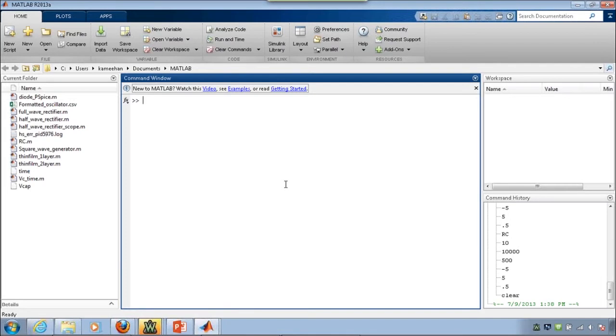The first thing that we have students do is write a MATLAB script that will go through and calculate the time-varying voltage across the capacitor and its current as a function of time. We allow the students to enter in the capacitor values, resistor values, and the frequency of the square wave that's going to be put onto their circuit. So in our case,